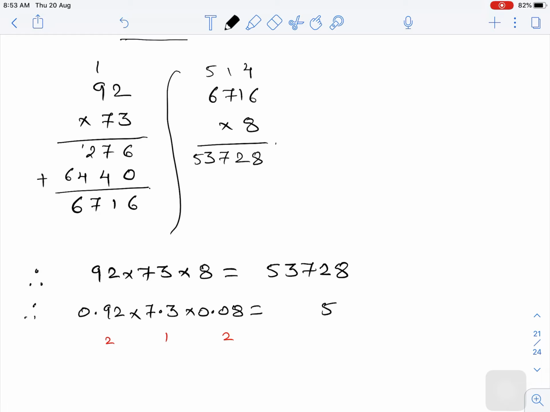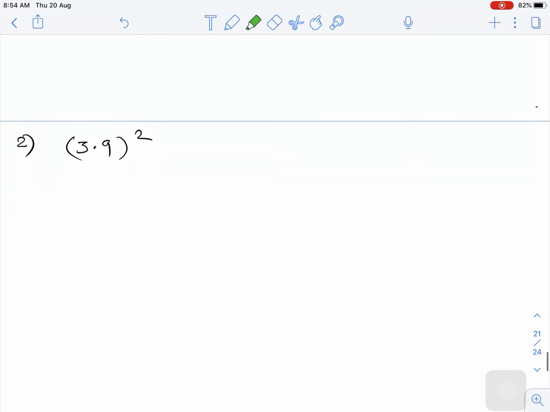Okay, so first let us write that number, 5 3 7 2 8. Now how to adjust that digits? So we'll start from this, so 1 2 3 4 5. So our decimal should be present over here. Now before this decimal no number is there, so we will write here 0. Now check after decimal how many digits are there? 1 2 3 4 5. It means that our answer is correct.